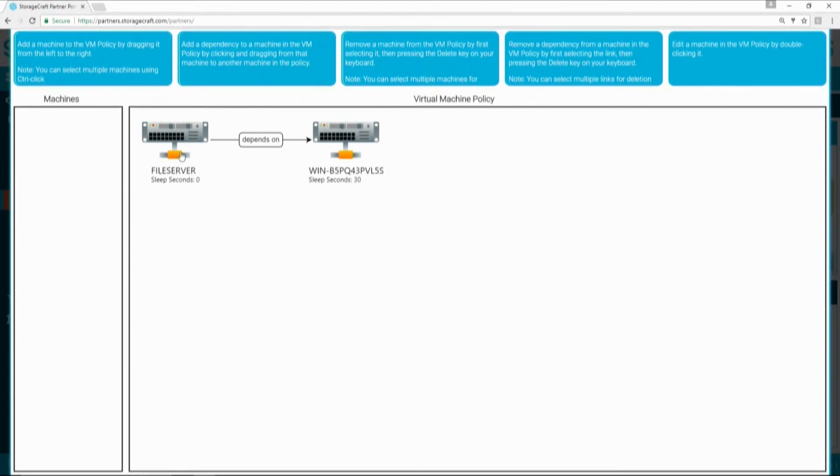You know, for example, my file server here is dependent on my Windows 12 server here. You know, this might be my domain controller or whatever. And so we can actually create these dependencies, which will define which machines boot up first, which ones boot second, et cetera, and all you have to do when it's time to make this work,